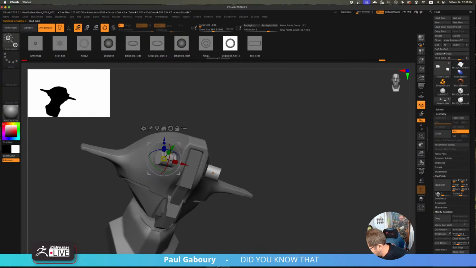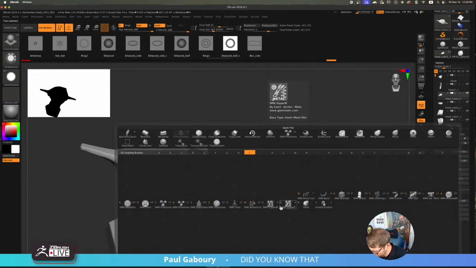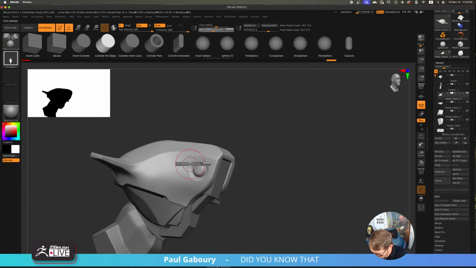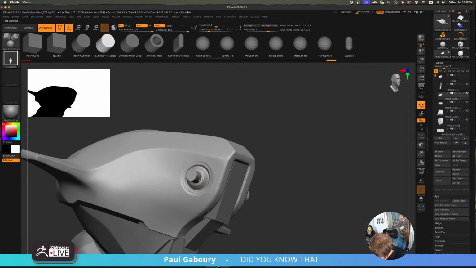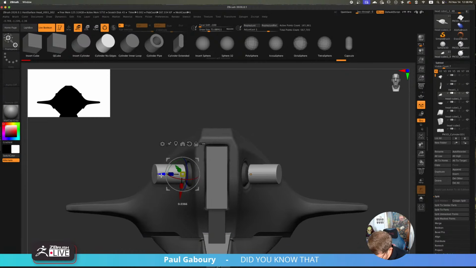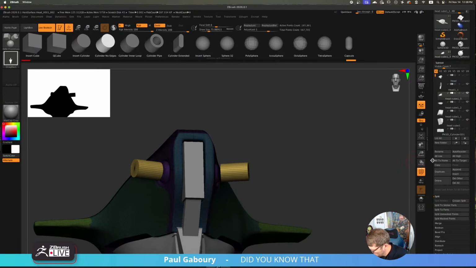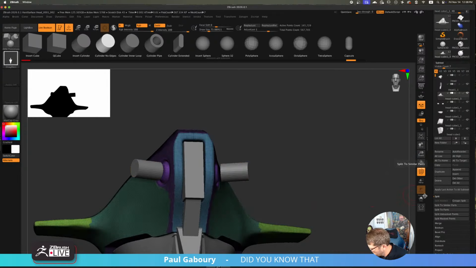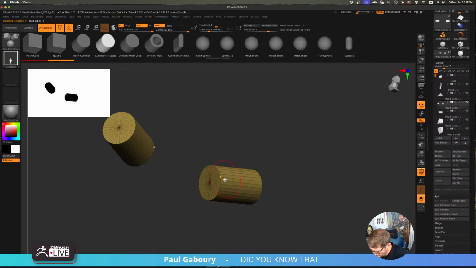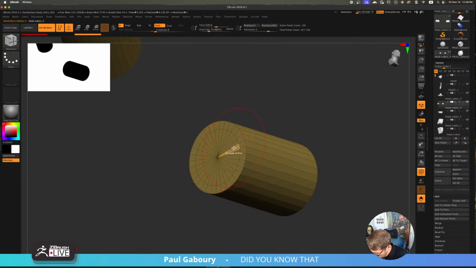Okay, let's get rid of these. I don't like these anymore like this. And let's go to here. Let's brush insert. Let's grab this. And I kind of want something probably around that size. And then they're going to come off like this. Yeah. Split on last points. Let's take this. Let's do this. For symmetry, let's do a little Z modeler action. Let's do a little bit of that. Let's polygroup it.